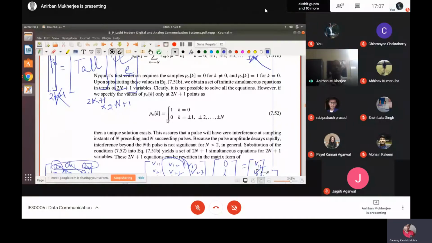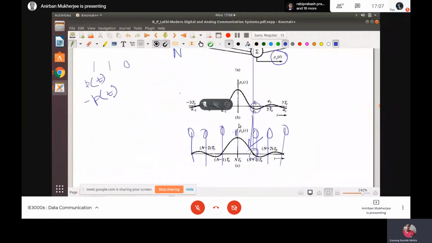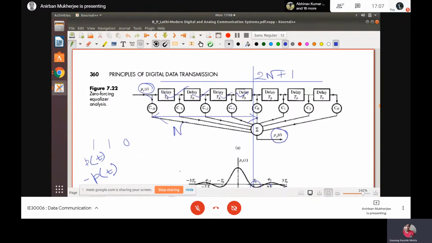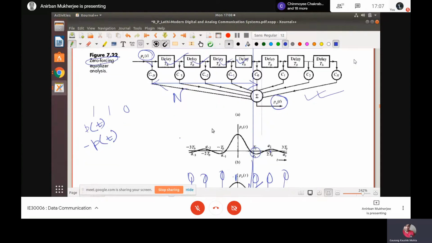Designed in order to mitigate the channel induced degradation. And the input of the equalizer filter, that is PRT. Okay, and we are talking about the zero forcing equalizer analysis. Okay, so this is the transversal filter. And we have studied that HTF,